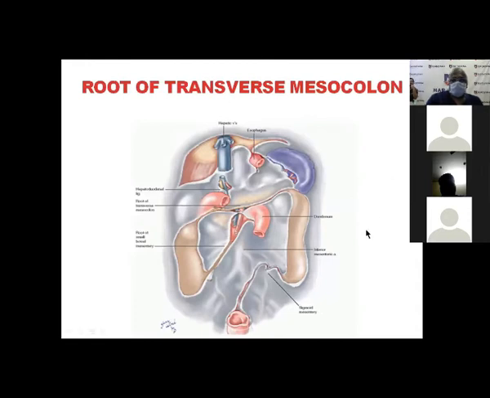The root of the transverse mesocolon is very important as far as surgical gastroenterology is concerned, because whenever we want to do a mesocaval shunt, we will have to dig out of this area and go to the third part of the duodenum. Here is the third part, now it's divided. You will get the superior mesenteric artery and the superior mesenteric vein. Then if you shift the whole colon or open up the mesocolon here, you'll get the IVC somewhere there, and you can do a mesocaval anastomosis.